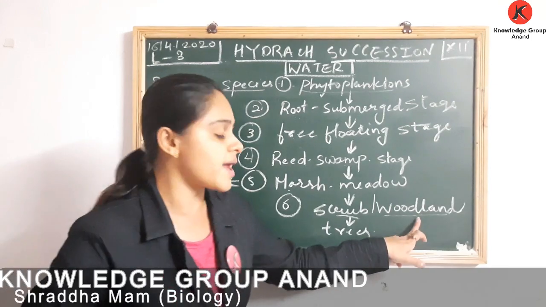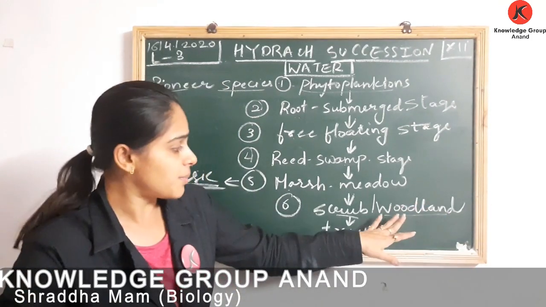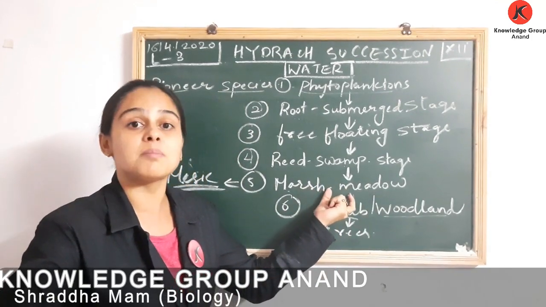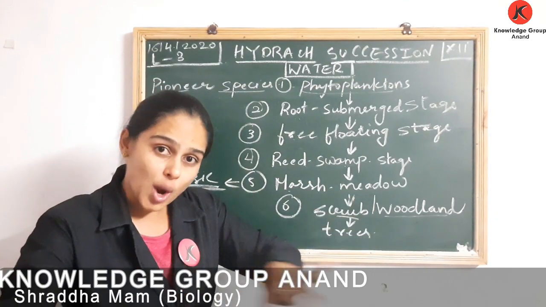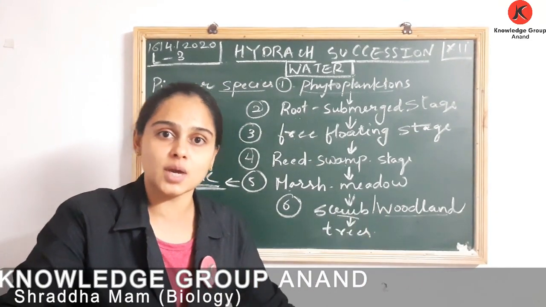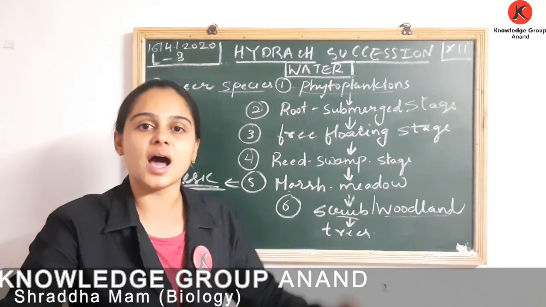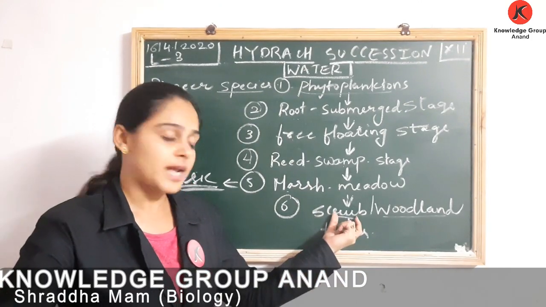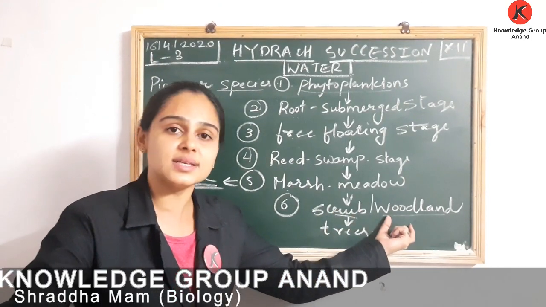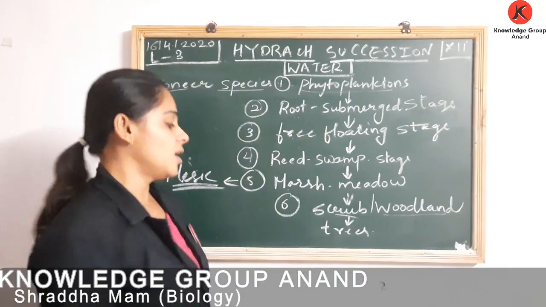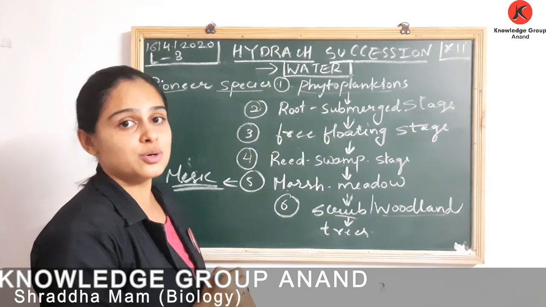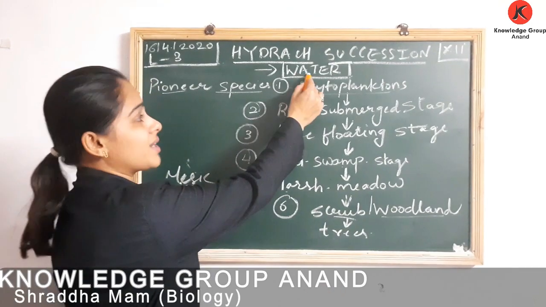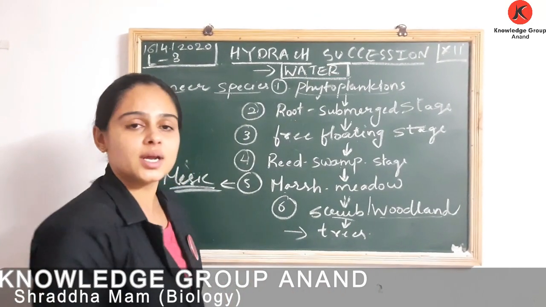The next stage that comes over here is your scrub stage. It is also called your woodland stage. Now what happens in this? After total disappearance of your marshy vegetation, the soil which is present will become dry. Okay, will become drier and drier. Now terrestrial plants invade that soil. Okay, terrestrial plants invade these soils, and finally there is conversion of the pond ecosystem to a terrestrial land ecosystem. Okay, finally जो water से start हो रहा था, it gets converted into land.